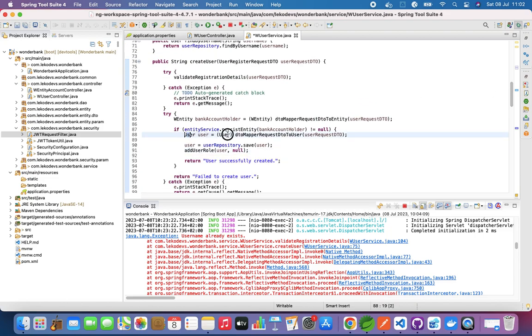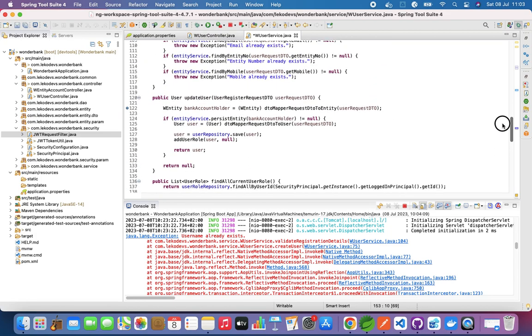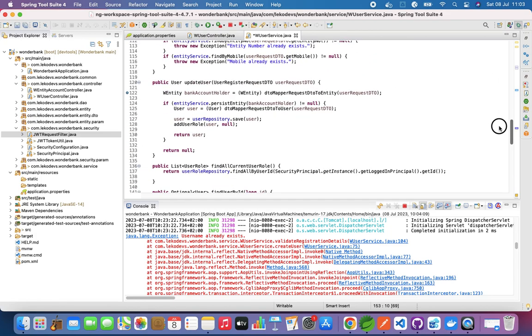So basically once we have the user, we persist the user, then we add the role for that particular user, and we say null. If we say null, you will see that if the role is null, we just set the default role, and that is still fine. Then that user will be persisted with the default role into the database. So let's see what else we have. So we add that role, then we return the user, and then once we have the user, actually let me go to,